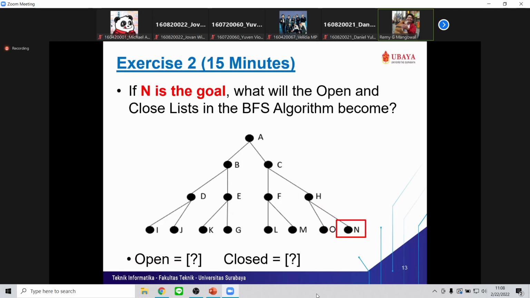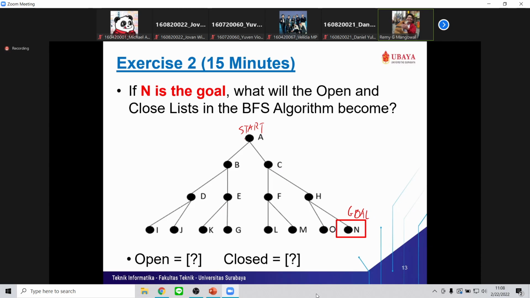Okay, there's suddenly another exercise. The goal is N, right? What will the open and close lists in the BFS algorithm become? So you get a trace here, starting from A, with the goal being N. Any questions for this?